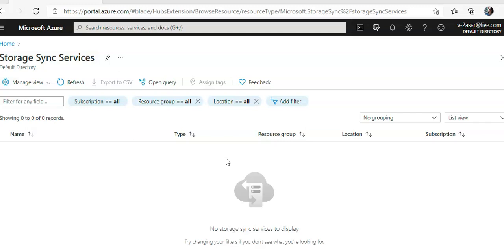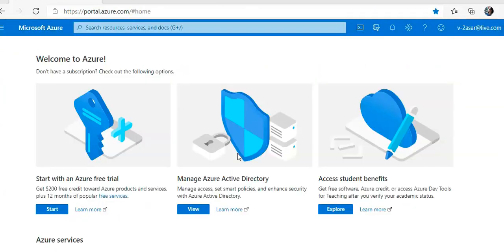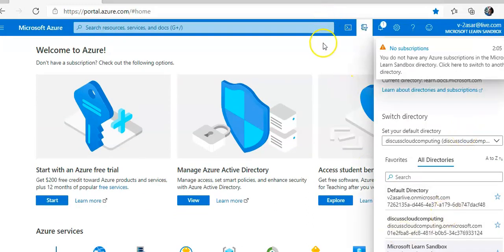Alright, so let me quickly go ahead and create it. Okay. Let me check if I'm able to do the lab using the sandbox.